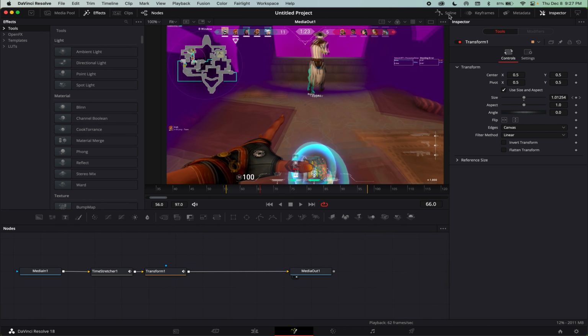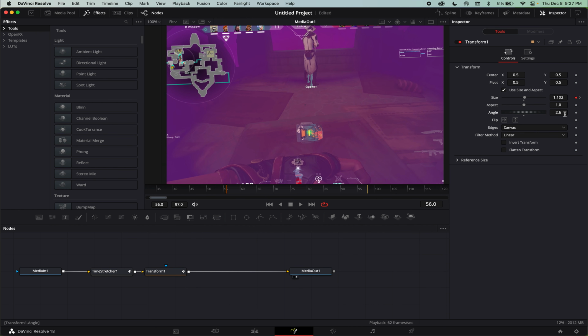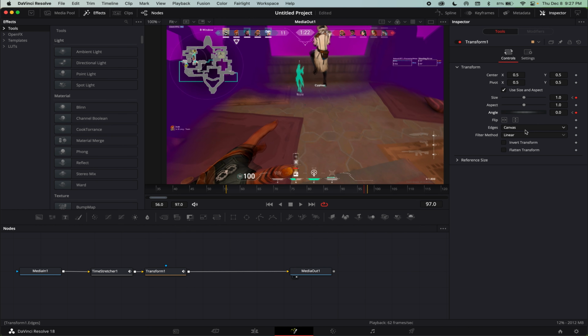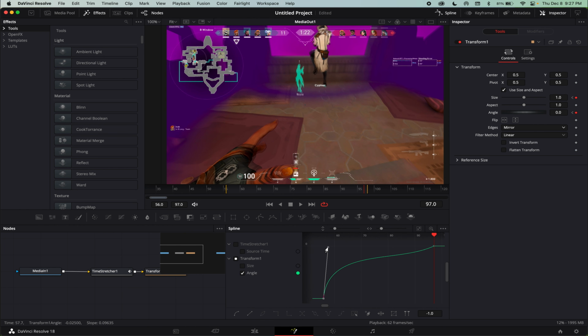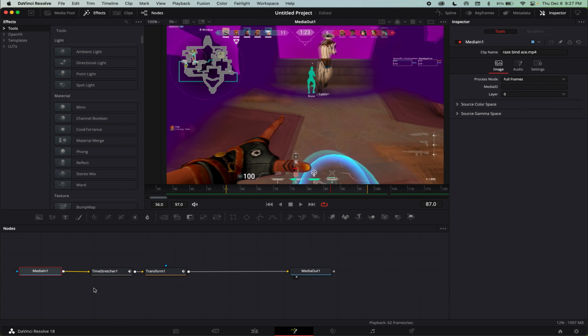Yeah, that's better. And then I'm also going to do a little bit of rotation, I think. Oh, and one thing to make sure you do is make sure the edges are on mirror so that there's no random black space on the edge of your frame. And I'll do the same kind of curve for this one. Alright, that's pretty good. Okay, and then so basically after you do time stretcher and transform, you're going to want